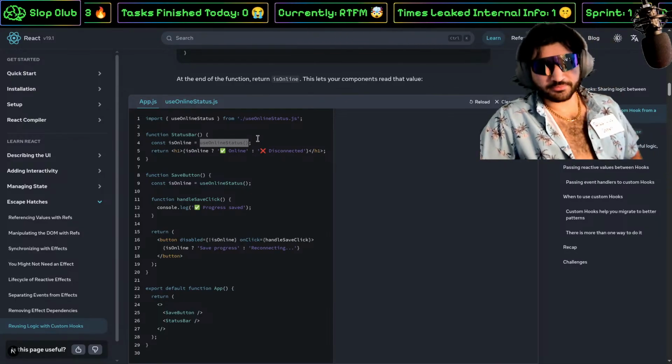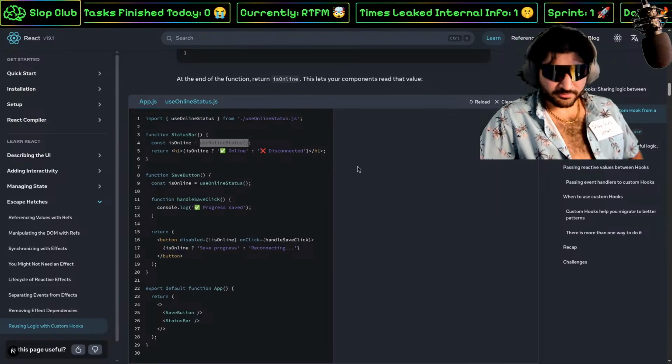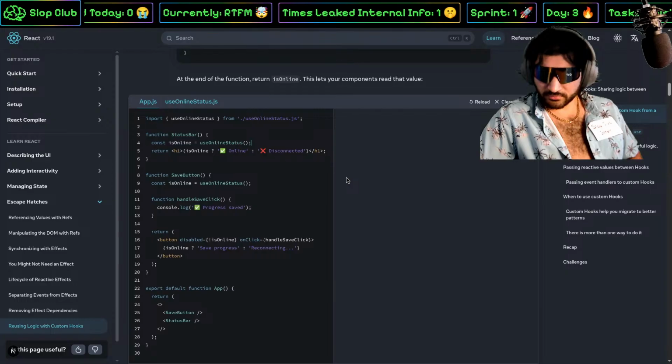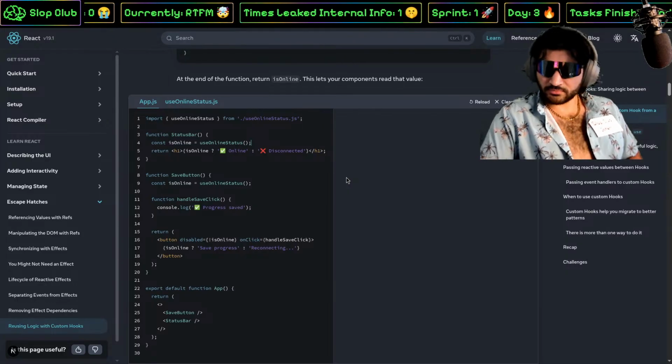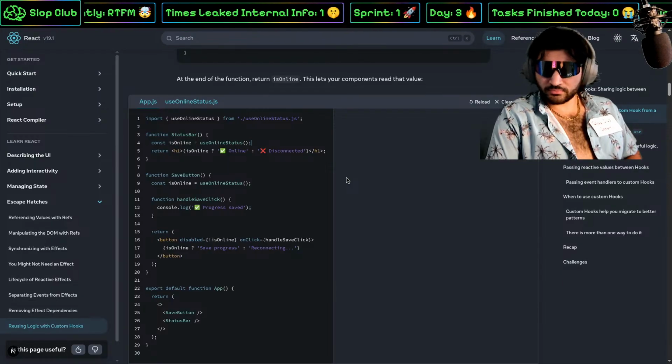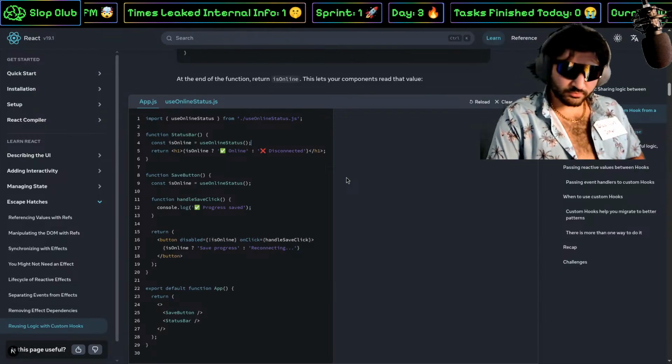Okay. This is exactly how you would do it. You have this logic that needs to be used in multiple places. You pull out that shared logic from whatever components you need into a single place and have the state managed